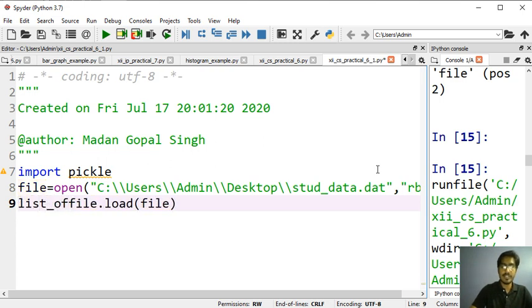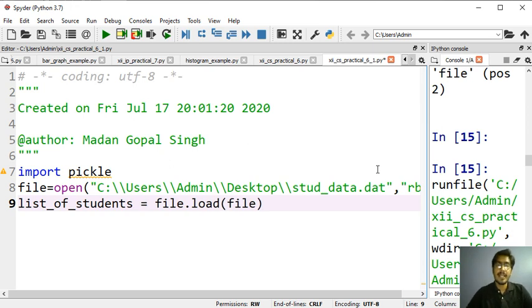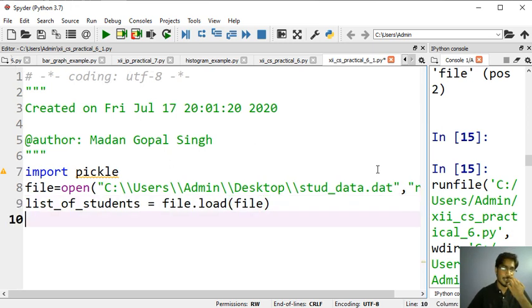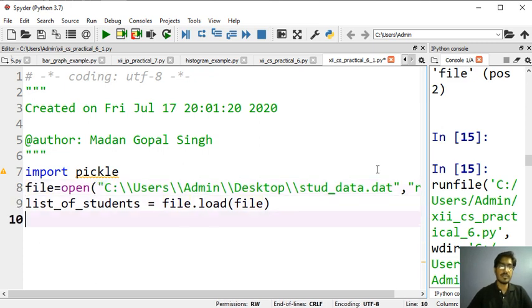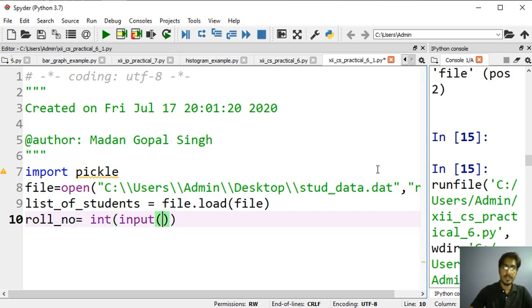So you will get the list of students from this method, and now you need to take the roll number that you want to search. So roll number to search, we will take it as input from the user: enter roll number of student to search.